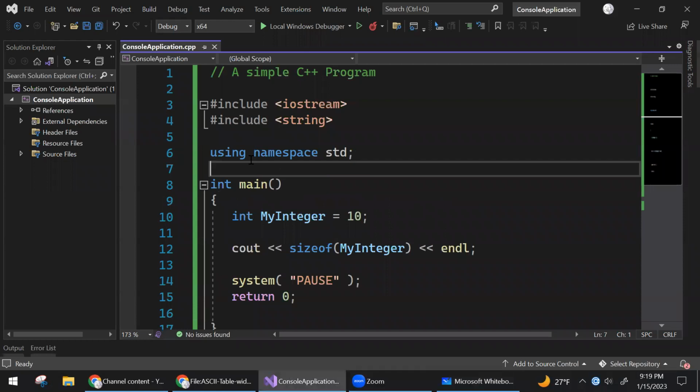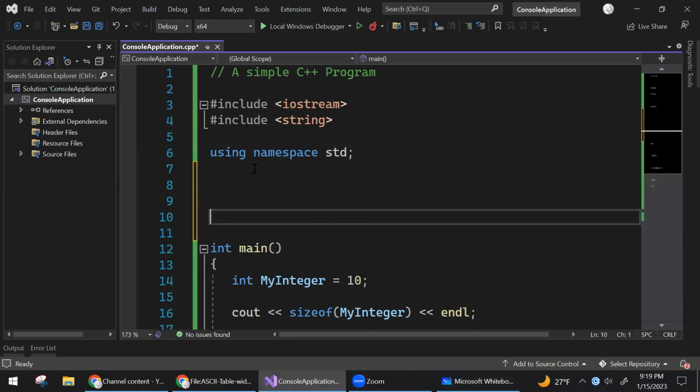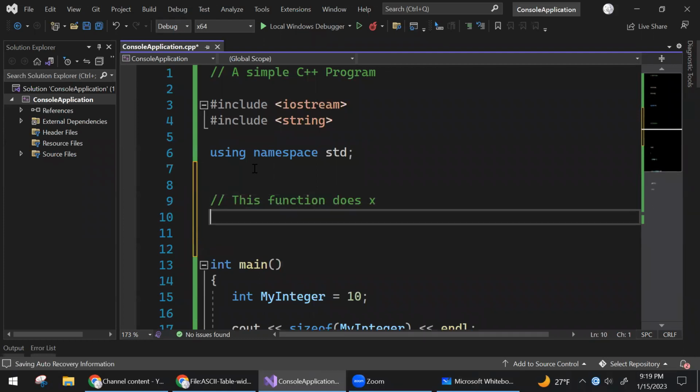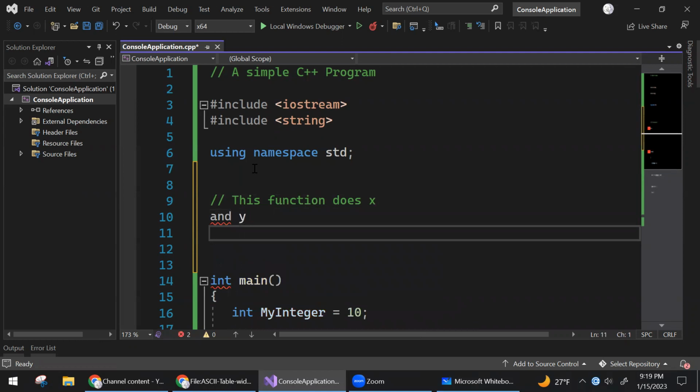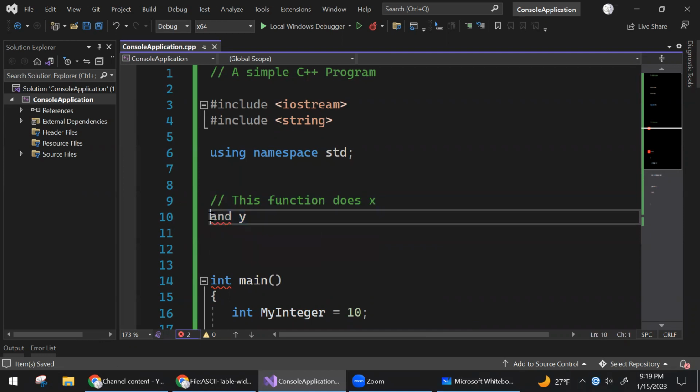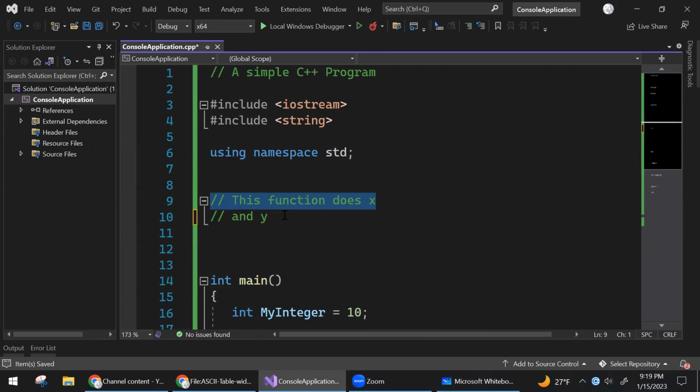For example, let's say I want to comment this part. I'm going to say this function does X and Y. This is a single line comment, so it only comments this line. It doesn't comment the rest of it. This is now an error. In order to comment this part too, I need to comment it again, because this is a single comment, this is a single comment. Or I can use a block